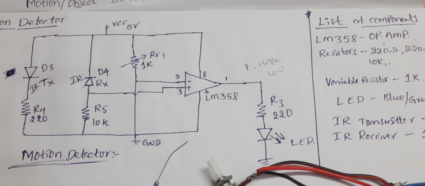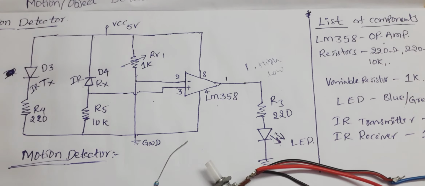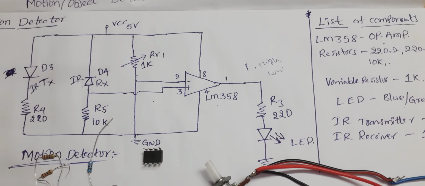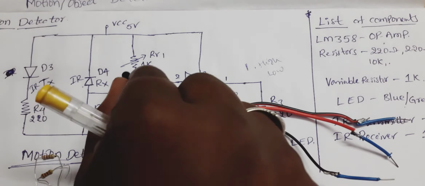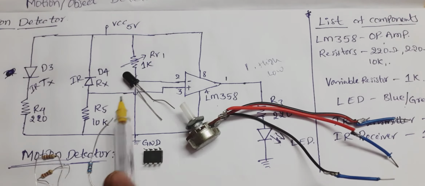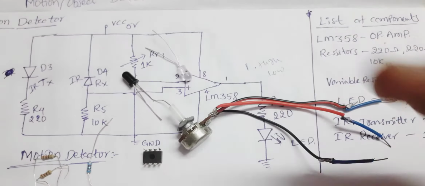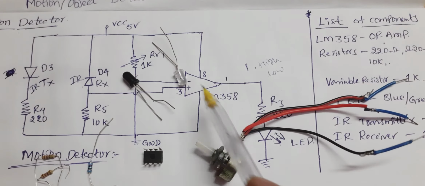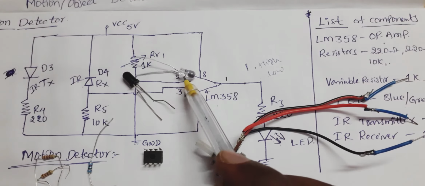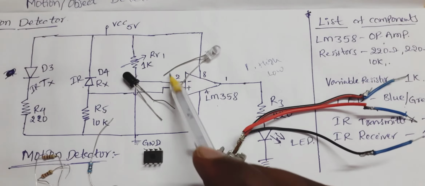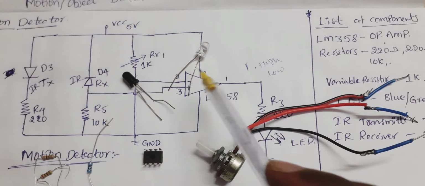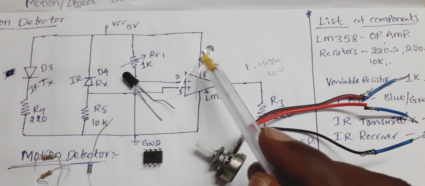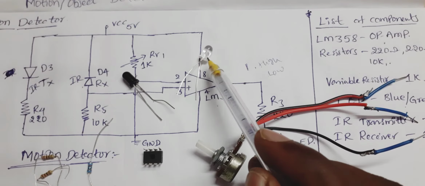Next, these are the components we are using: resistors, next the comparator, potentiometer, IR receiver which is in black color, and IR transmitter. So this is the IR transmitter. You can find an IR transmitter in TV remotes, any remotes, wireless communication, remote communication. Even in your mobiles also, some models give an IR transmitter for connecting different electronic and electrical appliances.